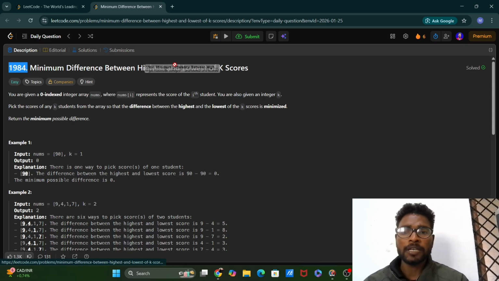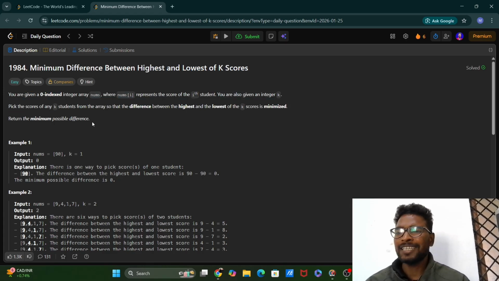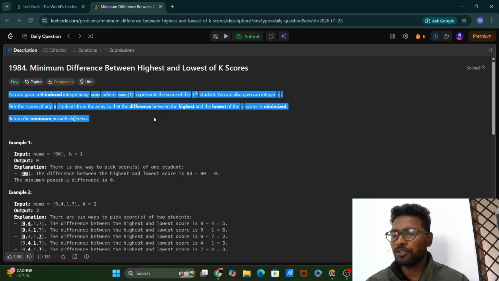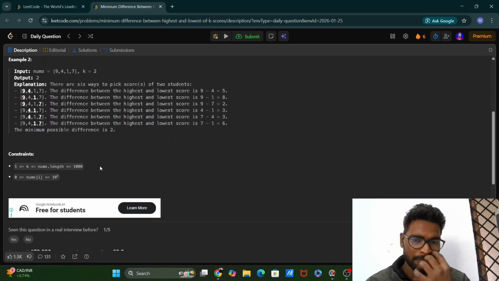Minimum difference between highest and lowest of k scores means हमें एक डिफरेंस चाहिए जो हाईएस्ट नंबर एंड मिनिमम नंबर के बीच का होना चाहिए. तो लेट्स रीड द प्रॉब्लम एंड अंडरस्टैंड द कॉन्सेप्ट, constraints and the example, and then we will solve this